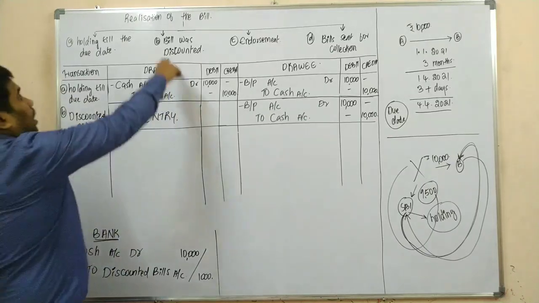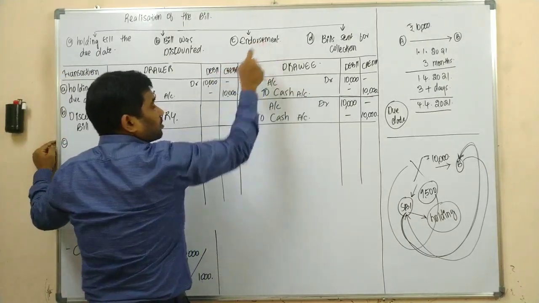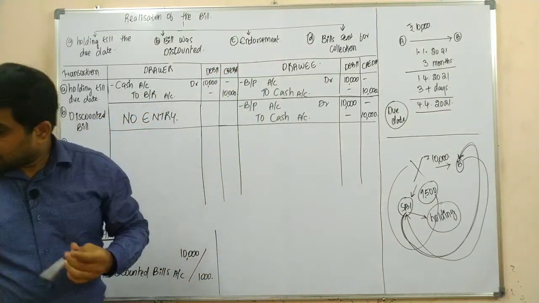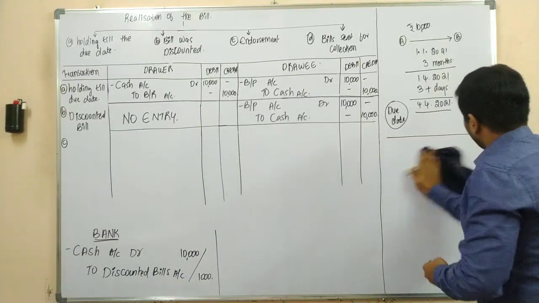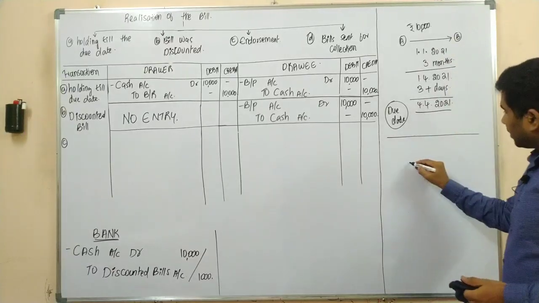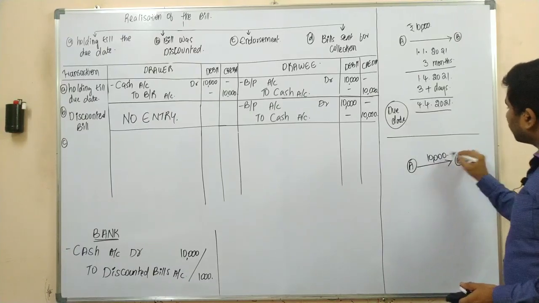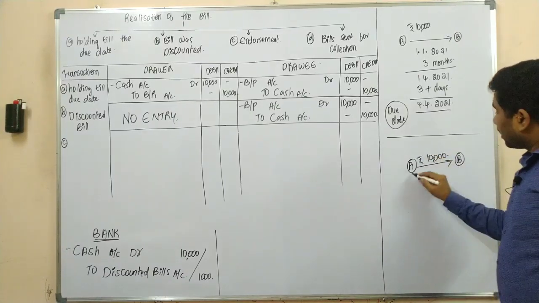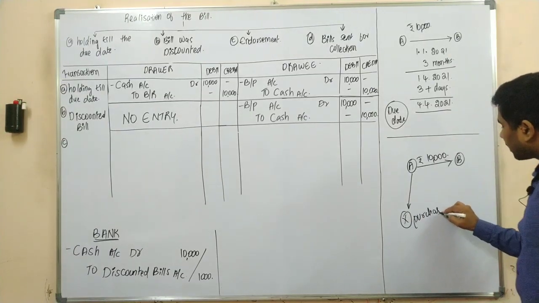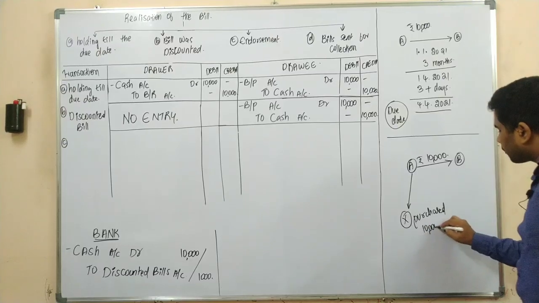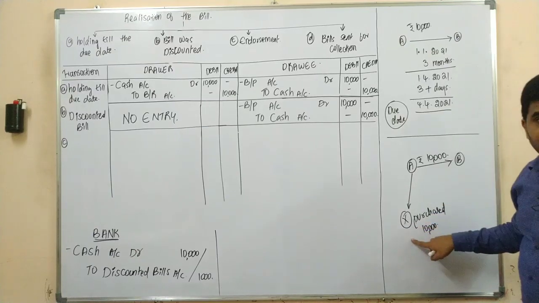See, realization of the bill which was endorsed. So that means, let us take an example and understand here. Let's say we are having Mr. A who sold goods to Mr. B worth 10,000 rupees. Now Mr. A is having the bill, and Mr. A purchased 10,000 rupees worth of goods from Mr. X. So instead of paying cash to Mr. X,